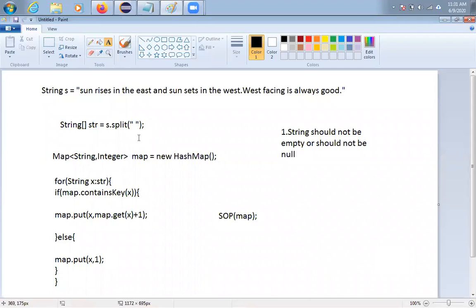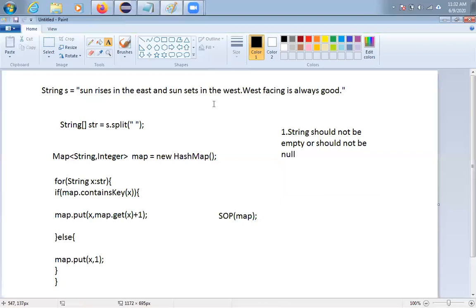He told me, if you see here sun is lowercase, everything is fine. But if you see here west is there, and here also west is there. Here all are lowercase letters, but here W is uppercase. Suppose if sun's starting letter is uppercase in one place and lowercase in another, what will happen? Key uppercase and lowercase matters, right? So you have to handle that one also.